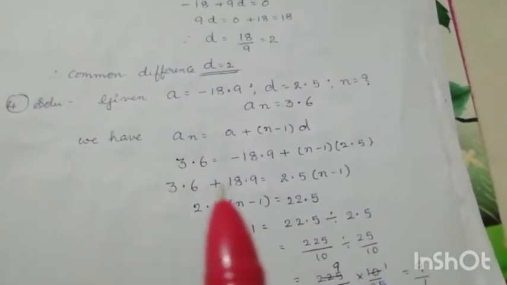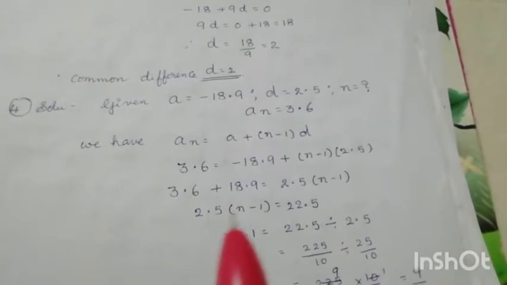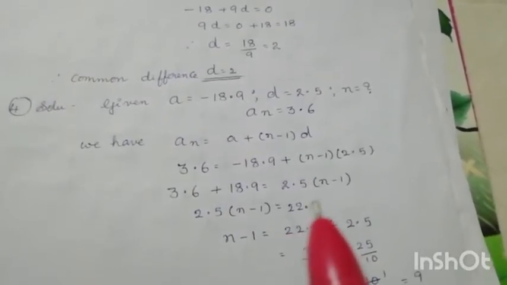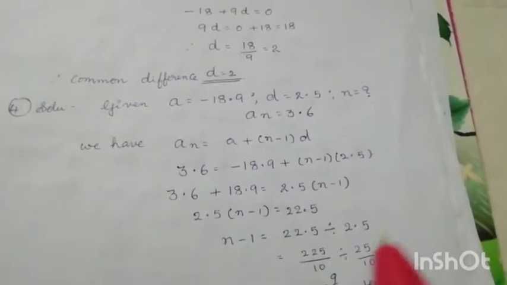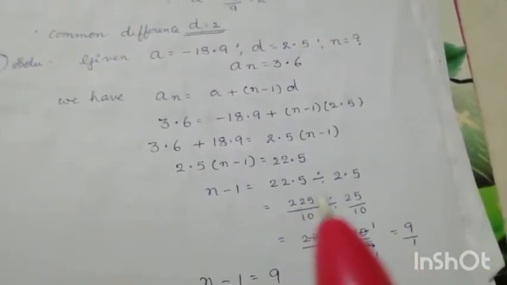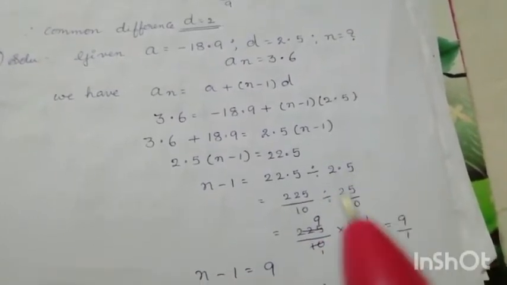So if you add these two, you will be getting 22.5. 2.5 into N minus 1 is 22.5. So N minus 1 is 22.5 divided by 2.5. These two are decimals. 22.5 is nothing but 225 by 10, divided by 2.5, which is nothing but 25 by 10, which is equal to